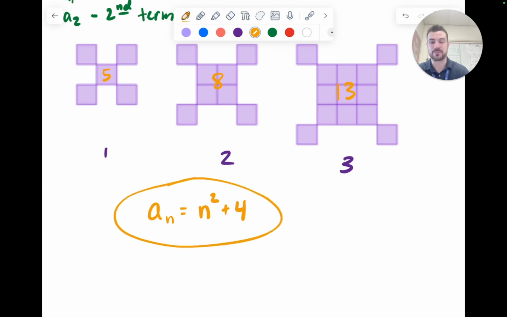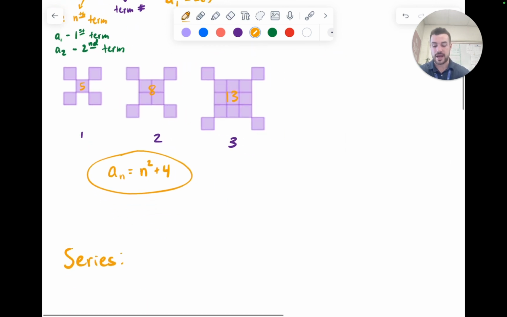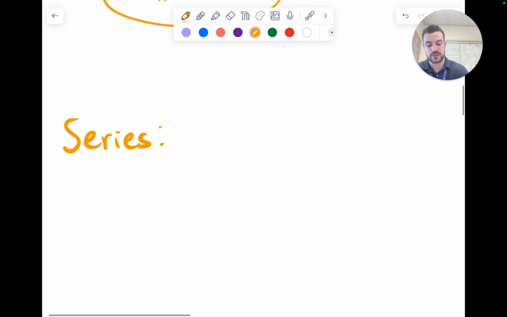Again, it's a little bit more difficult in situations like this where it doesn't really follow one of the function patterns that we are used to seeing, but the more you practice, the better you'll get. And a little bit later down the line, we will get a little bit more specific in what type of patterns you might see. Now, the next thing we're going to talk about is a series, which is the sum of the terms